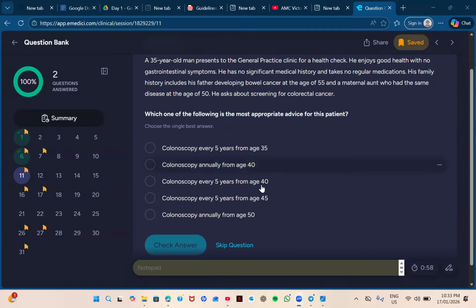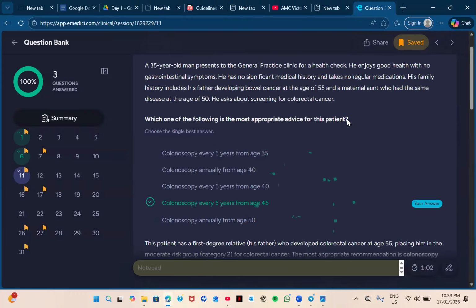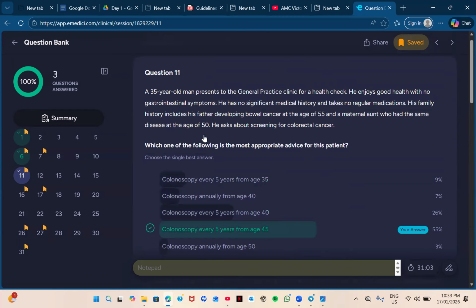Okay, so you all are going with D? Why D? Tell me, doctors, you have to answer me. Moderate risk, and the first degree relative was diagnosed at 55. Okay, good. So we have to subtract 10 years from that and compare it with 50. Since 45 is less than 50, we have to start from 45. And moderate risk has guidelines to do colonoscopy every 5 years. So colonoscopy every 5 years since 45. Good, perfect. That's how you should think.